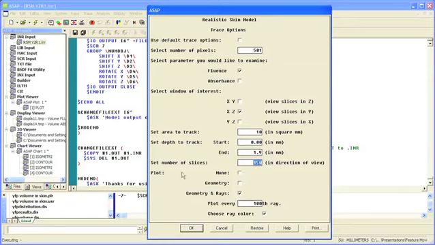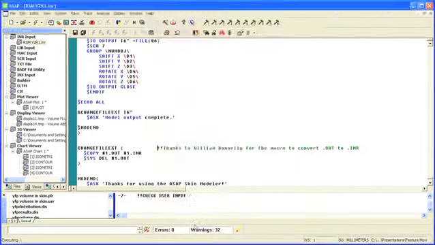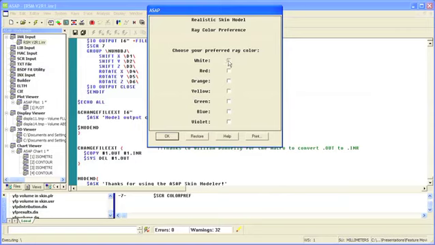Plot options, whether or not we would like to visualize none of our geometry or rays, geometry only, or examine both geometry and rays in a full plot, as well as the ability to plot only a subsection of the rays that are being traced. We can also choose the ray color, which in no way impacts the wavelength that we've chosen previously. We will choose green,